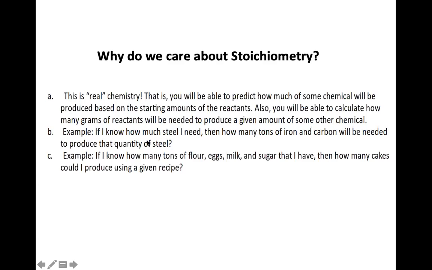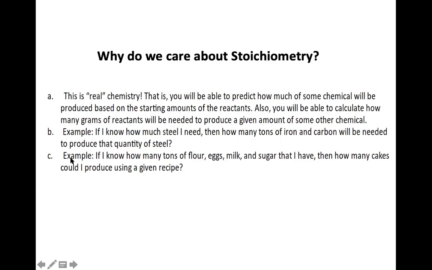For example, if you know how much steel you need, then how many tons of iron and carbon will be needed to produce that quantity of steel. So I mentioned industry. In the industry or a commercial plant, for practical application, we must calculate. And there is an application of stoichiometry in the environmental